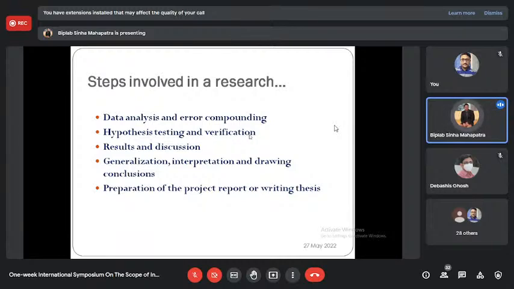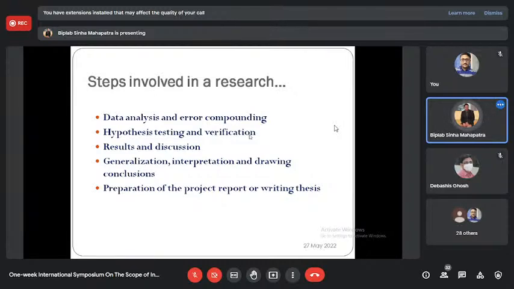Whenever you are finding anything from your research, you have to make it a generalization. It will not be like that: if an example is given and it is true, it has to be true for all. So in that case, you have to take an arbitrary example, an arbitrary variable, and on that basis you will draw